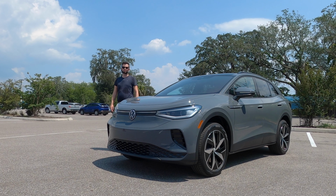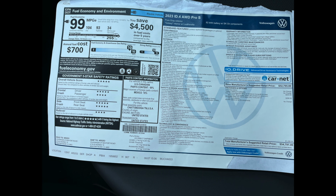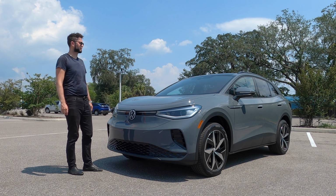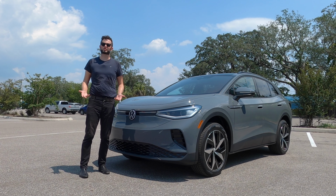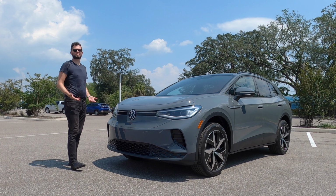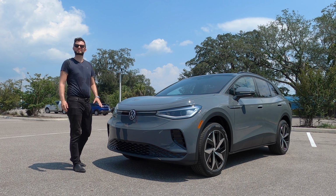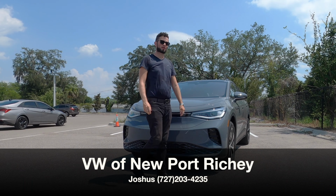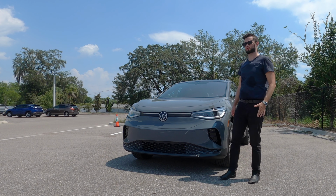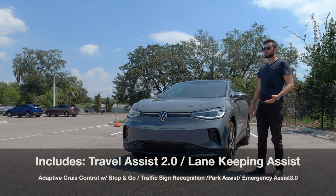Here is a 2023 Volkswagen ID.4 Pro S all-wheel drive in pure gray over Galaxy leatherette interior. Is there a difference between a 22 and a 23? What's the difference between the trim levels? And is this going to get enough range? I'm Anthony from Hawkeye Rides, and we're going to explain some of those details, starting off with the standard IQ